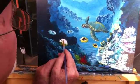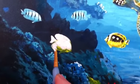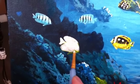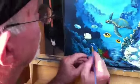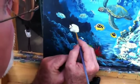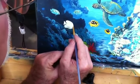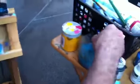So now as I've got some whites back here, then my next layer of yellows will show up better. So the white is to cover the dark background. Yeah, right there, to cover this darker color. You got it. The fish on the white, the fish would be yellow. White makes it...